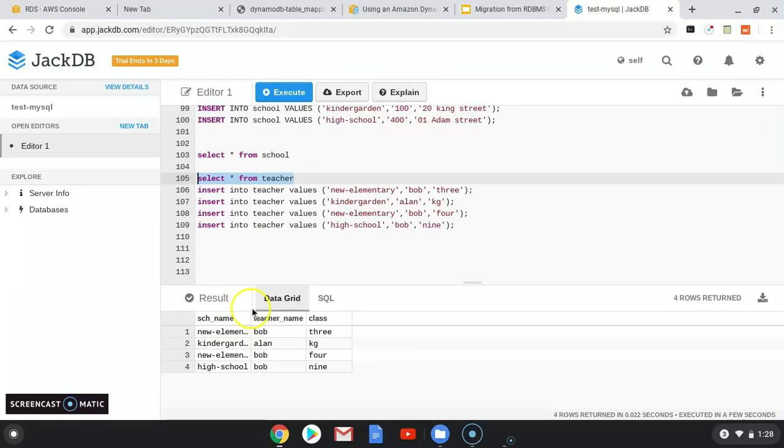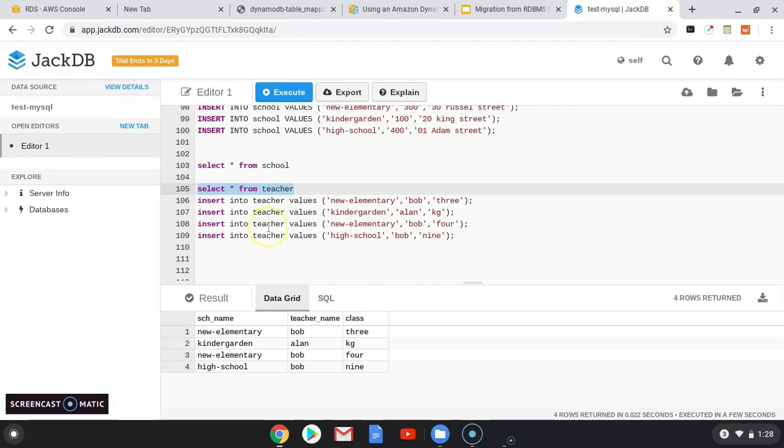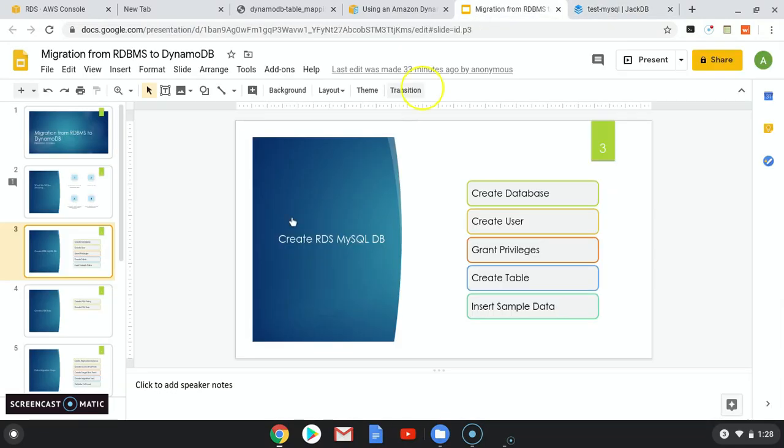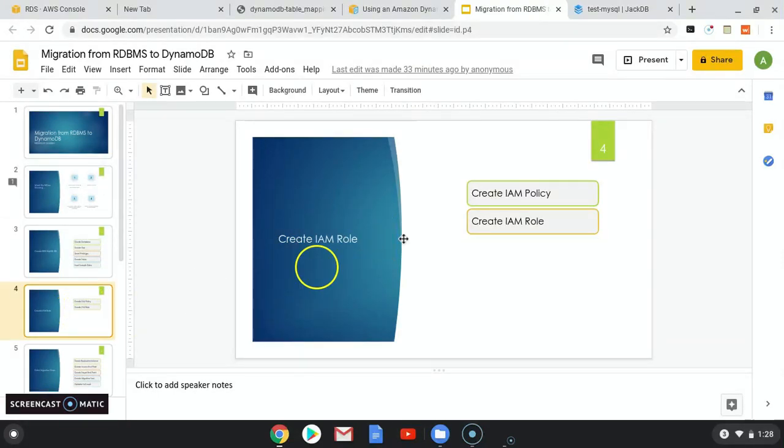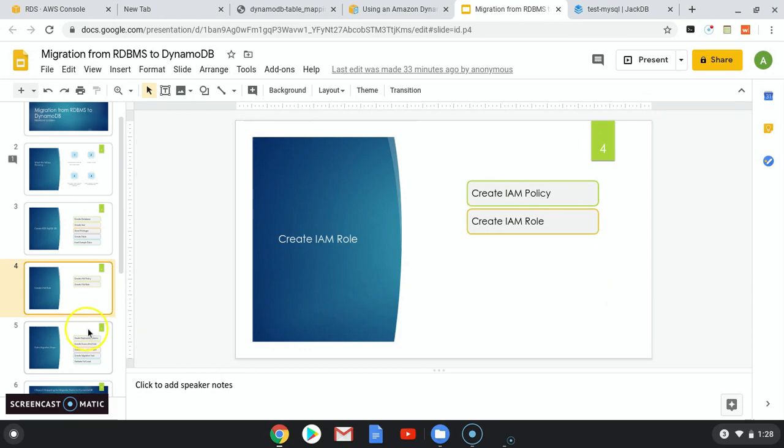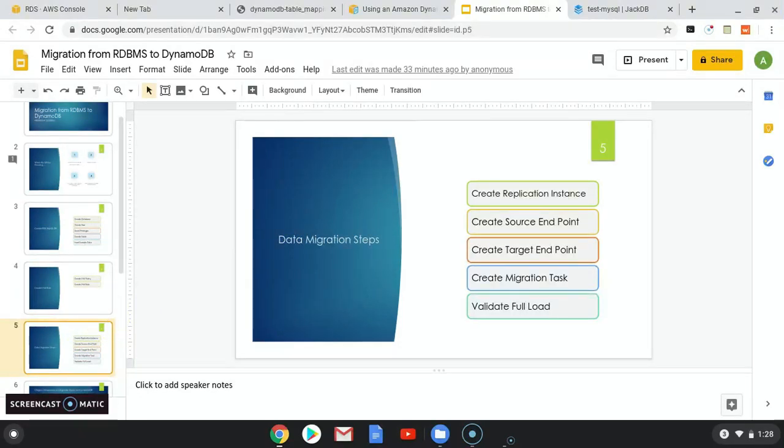So I already created the tables and inserted rows into the tables. So this part is done. This part is also done. On this part, I'll be creating the DMS steps a little bit later because I want to show you the most important part first,